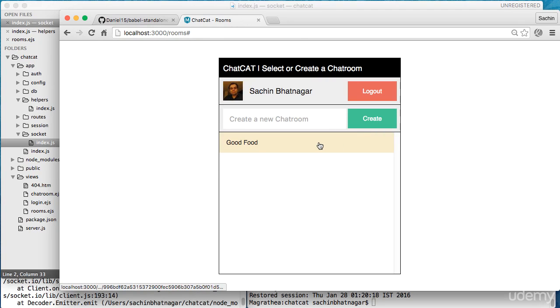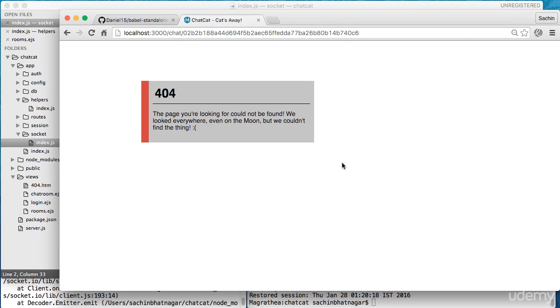And there you go. We can see that our chat room list updates and works as expected. Of course, if we click on any of these links, it throws up our custom built world-class and award-winning 404 page. Our chat functionality is coming up next. However, notice our bright and shiny room ID here in the URL. Okay, let's see what we've got next.